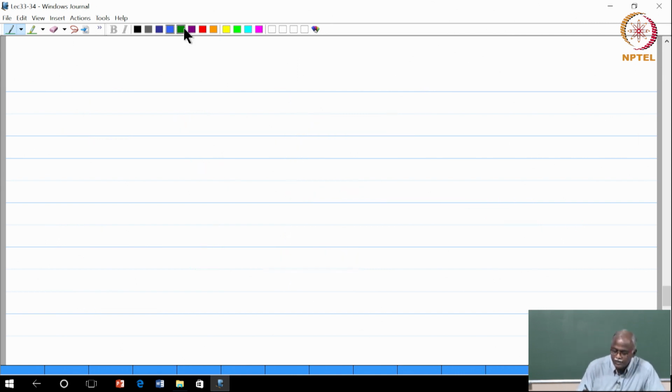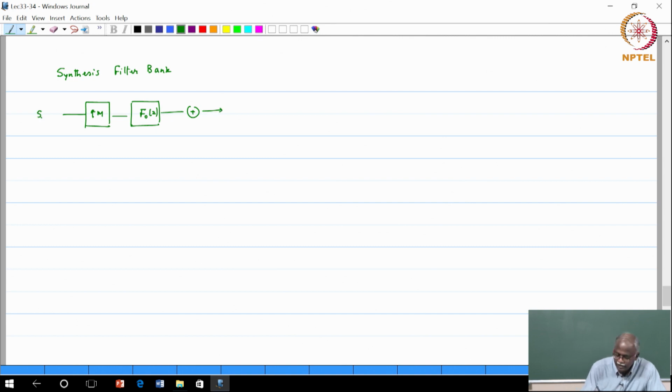Okay. So, the first step in a multi-carrier system is the synthesis filter bank, the step of synthesis. Okay. So, synthesis filter bank basically says I have m signals upsampled by a factor of m. This is a traditional way to do that. Pass through a filter F naught of z and add it together. So, this would be s naught of n. Okay. The second channel, s1 of n,